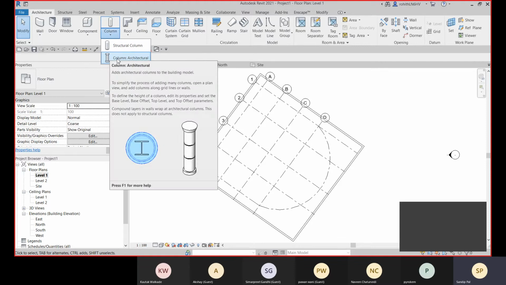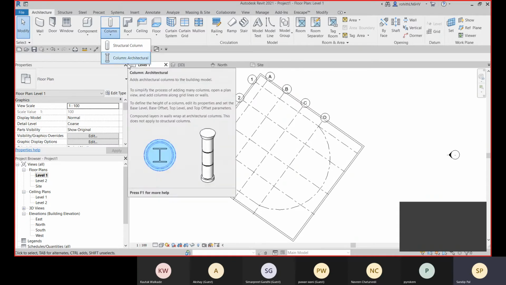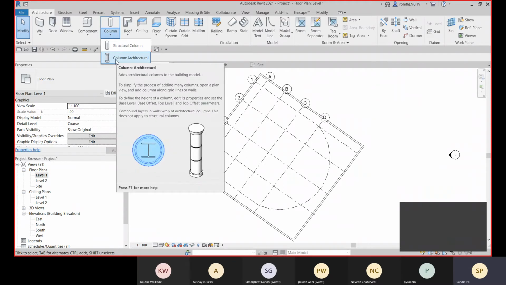So for that you should have a right level, your foundation level should be created. I haven't demonstrated how to create levels yet, right? So we need to define all the levels. Sorry, I forgot that. I need to set my levels before setting this grid layout. Okay, I need to set all my levels. So I will demonstrate that also, how to create all the levels.